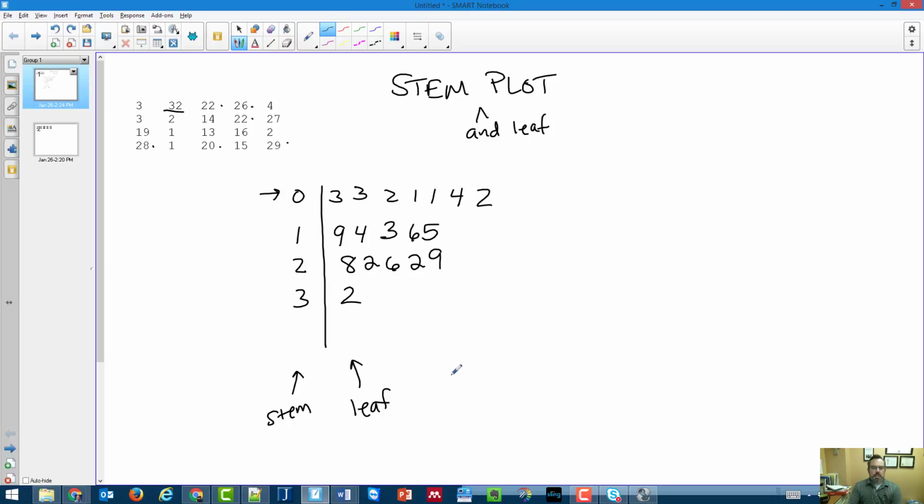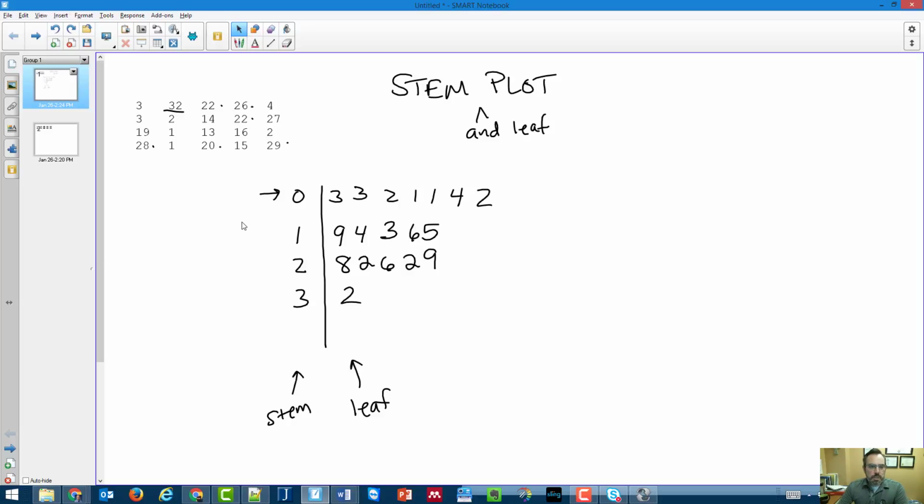Now, one of the things that I did as I was putting this stem plot together, just to keep it a little bit nicer, is I always try to write, and you'll notice it's not perfect, so that they line up nice and neat, because it really helps you to visualize this as a histogram then. You can see that there are more numbers between 0 and 10 than there are between 30 and 39. As an example here,